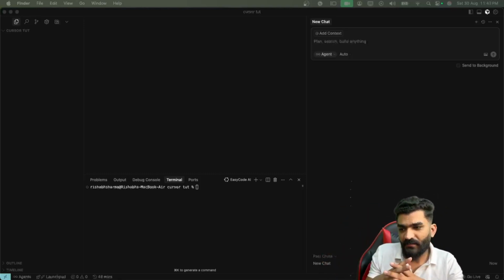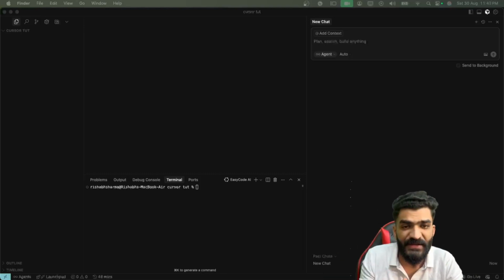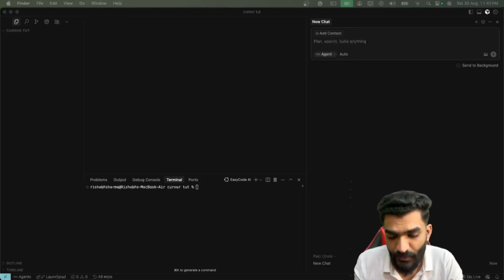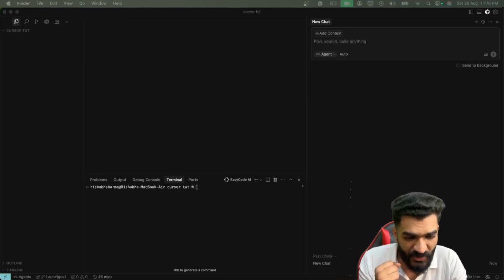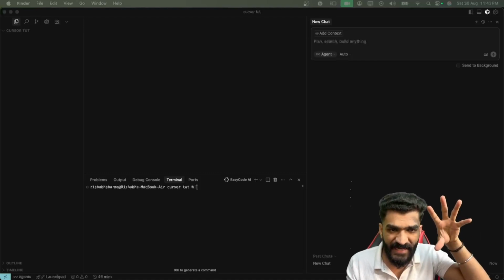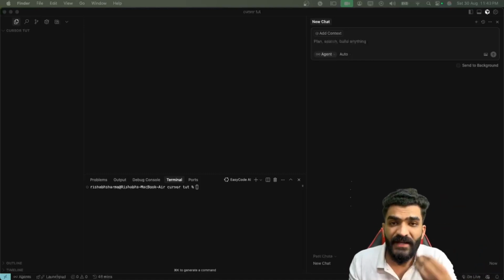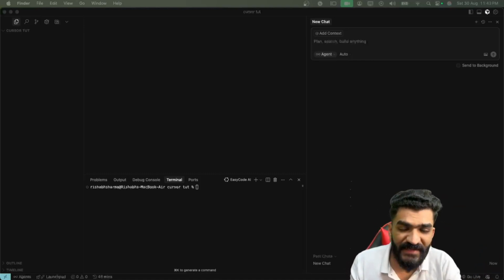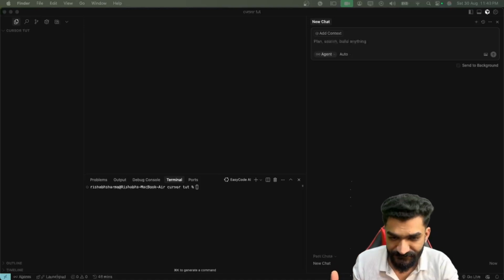Let's take an example. Suppose you have an SRS document, which is a software requirement specification document. You can just take that SRS, feed it into Cursor, and Cursor can give you the complete code. You can do all those things.